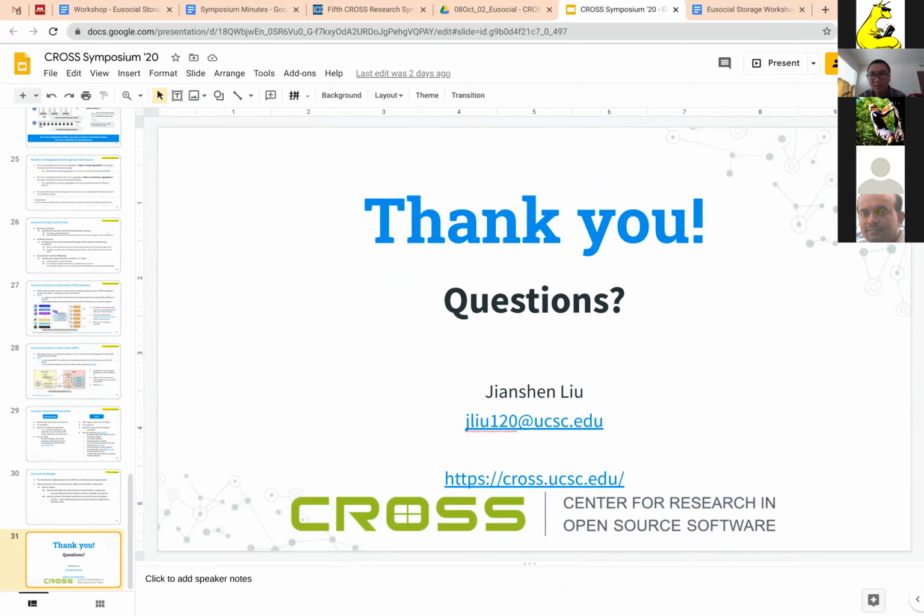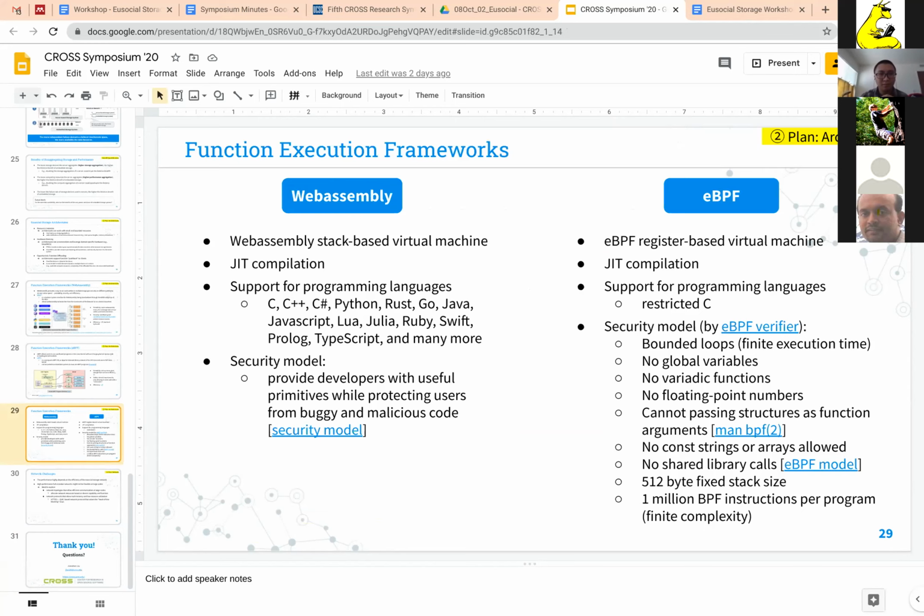How do you talk about WebAssembly and eBPF? Have you looked at all at the required resources for those environments and compared them yet, or is that part of your research that's coming ahead of you? It's sort of the research coming ahead of me, because this is just a plan.